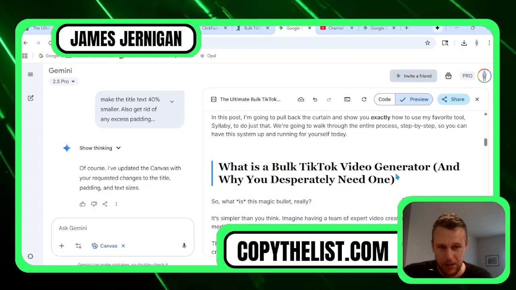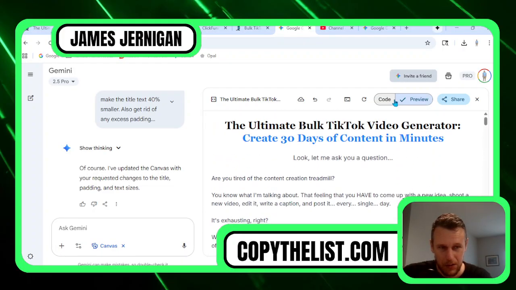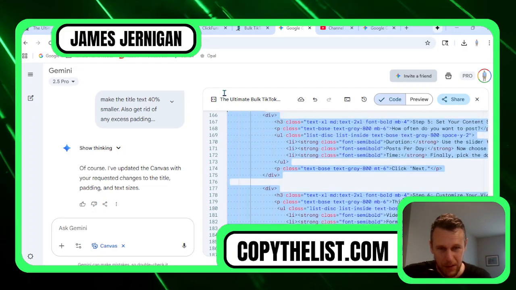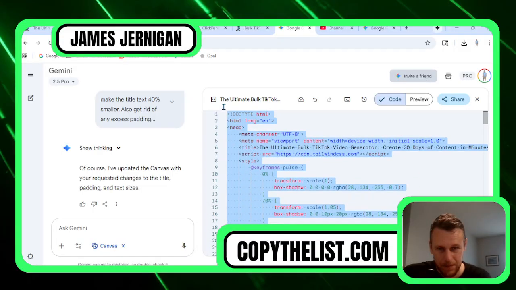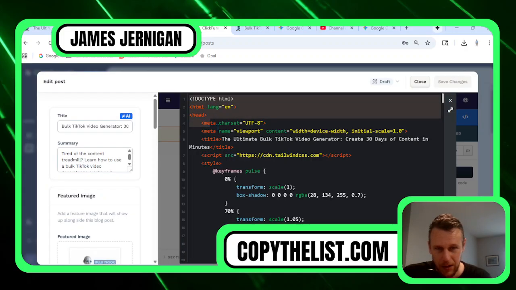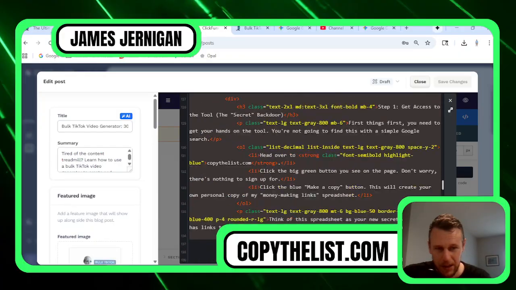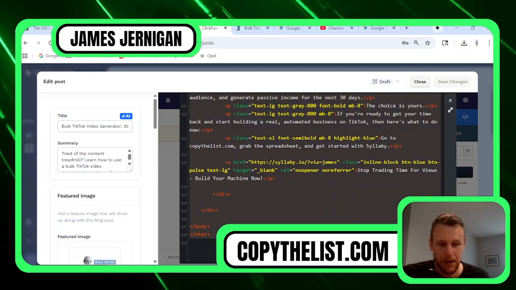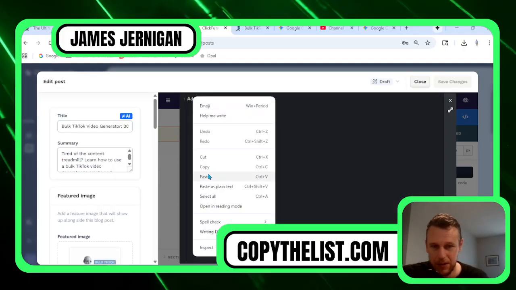There we go. Now it's smaller. So I'll just come to code, and once again just copy all of the code in this box here. Then I'll come back over to ClickFunnels. I'll click this Open Code Editor again. We have to get rid of the code that's in here. So scroll and highlight all that, delete, paste the new code in,